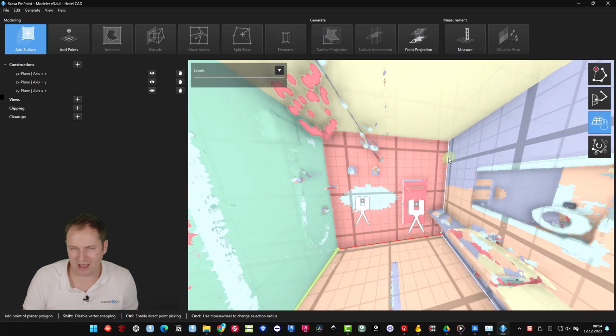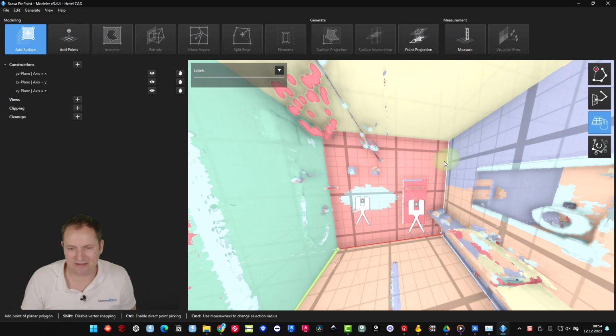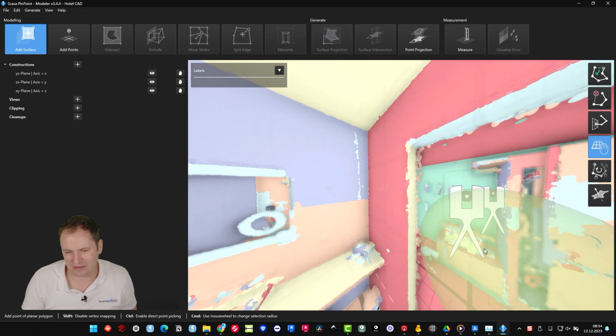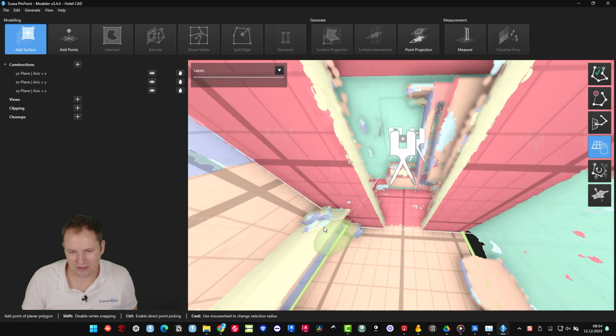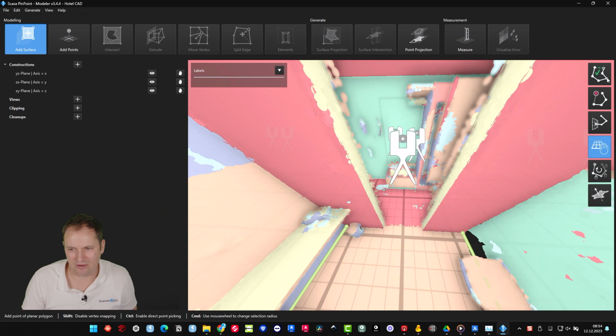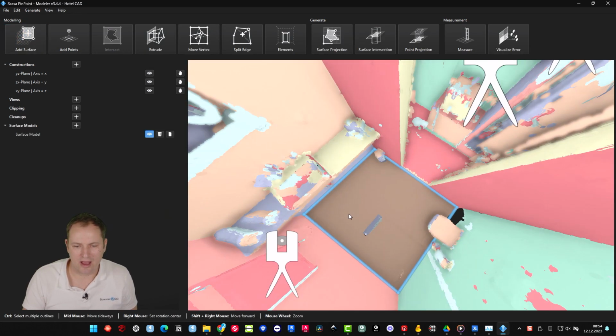Or you can make a bigger green sphere by holding the Alt key and using the mouse wheel. You can increase the size of this tool, and then we have the third edge, and then we go to this one. So we have our 4 edges, and I just close the polygon and I'm done.